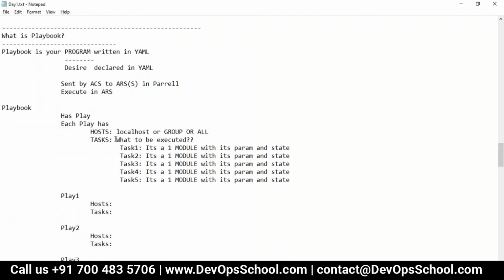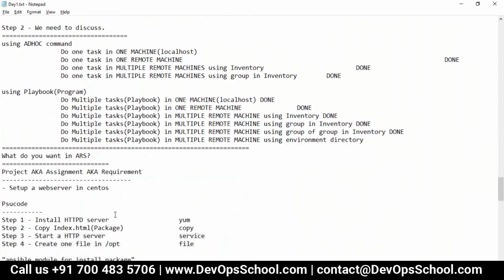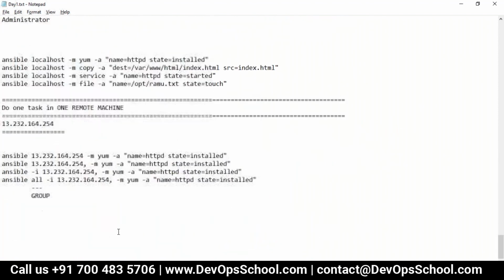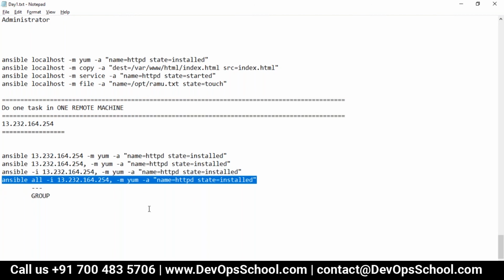And here I said, remember, host has a localhost or group name or all. All means everything. So here it suggests if you want to use -i, then you have to specify whether you want all machines of the inventory list or a particular machine. Slowly you will get it, but for the time being, let's hard code all machines of the inventory, which unfortunately has only one machine. So guys, can I run this now?